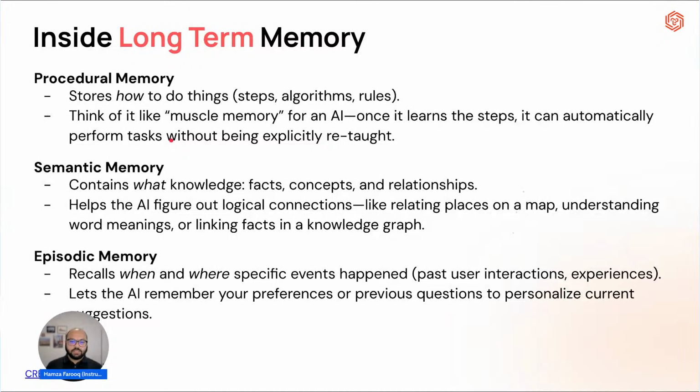Long-term memory basically stores previously discussed information. For example, it stores how to do things. Procedural is one of them, which serves as muscle memory. Semantic is, so I'll give you a simple example. We build customer support agents where a user can log in, return an item, search for an item, ask for an item, or update their address, all to an AI agent. They can speak to it.